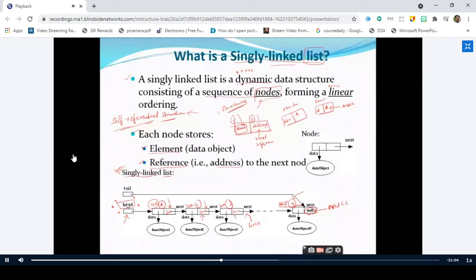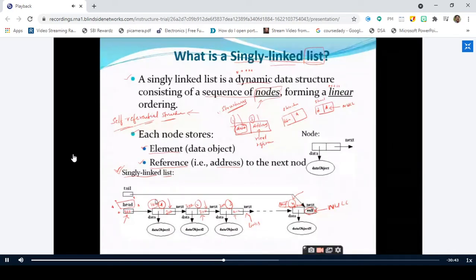So what is head going to store? It is going to store 100. For example, as I told you, remember that this is a singly linked list concept where each and every node has a single link to the next node. That is the reason why we are calling it a singly linked list.